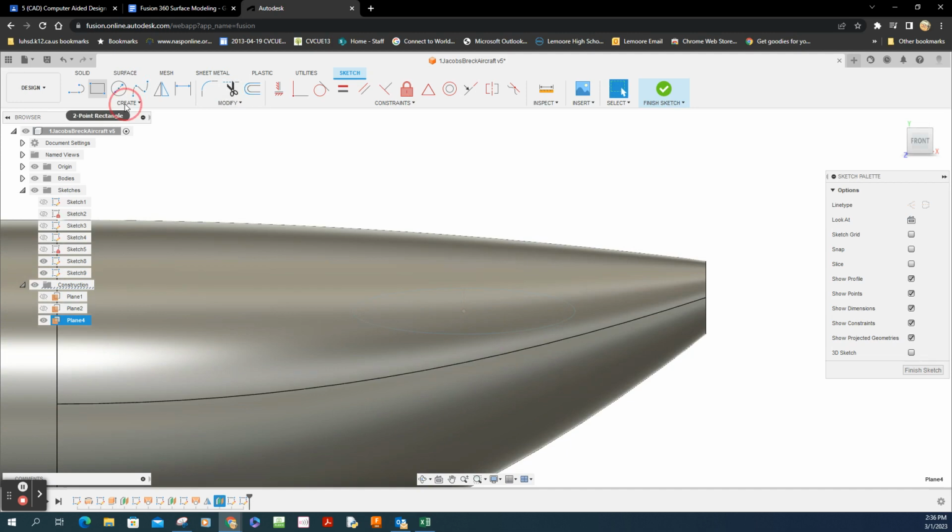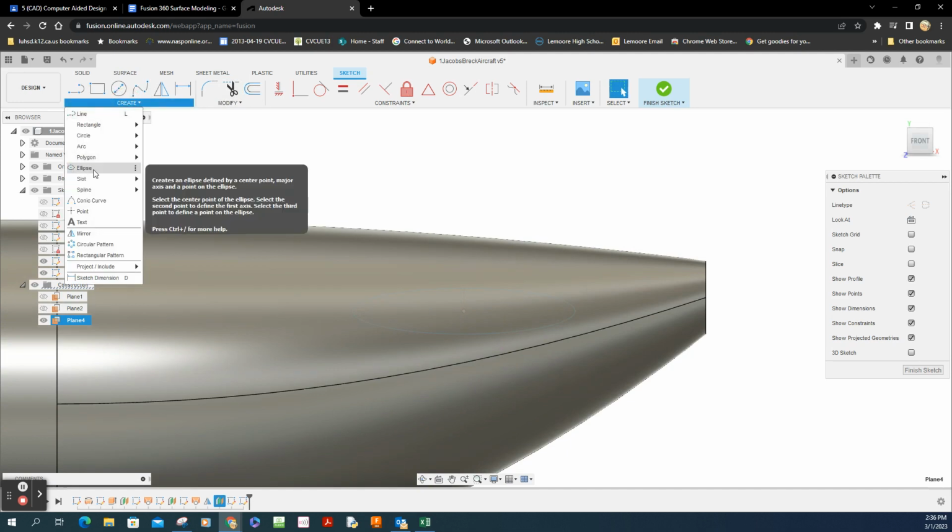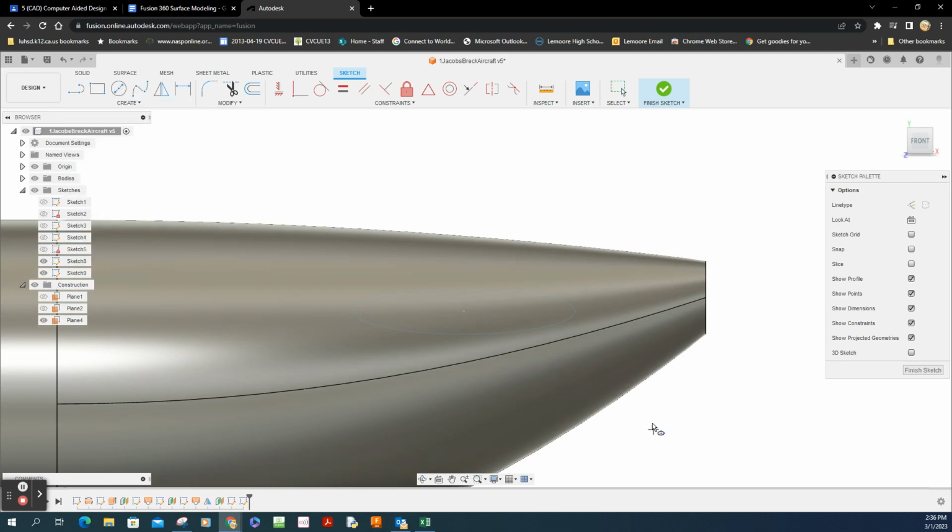So let's go create an ellipse. Right in here, it's 3 and 0.5. Perfect.